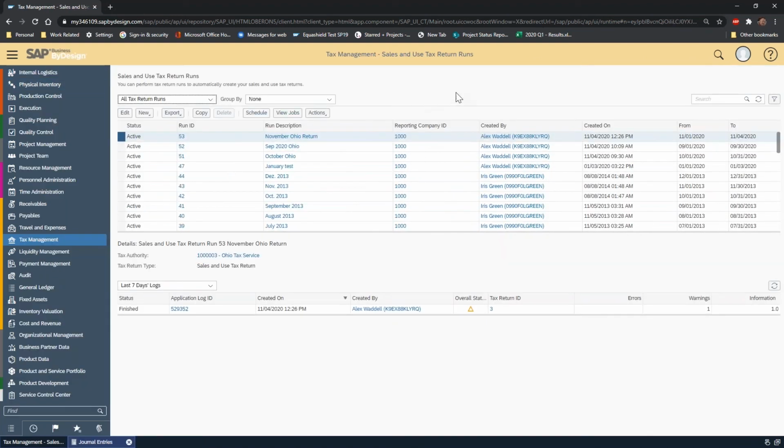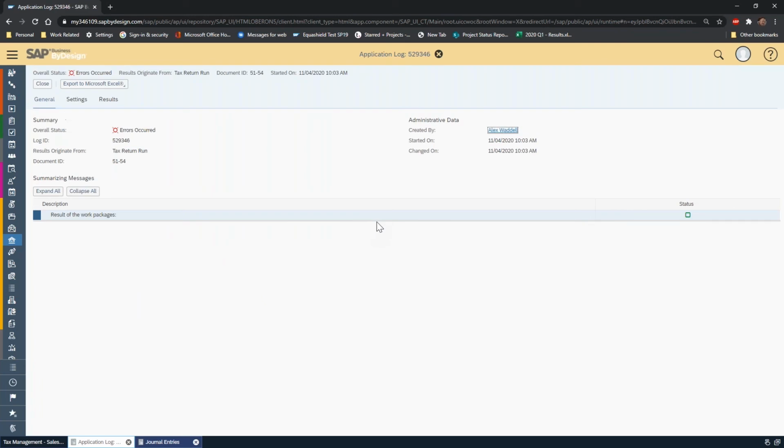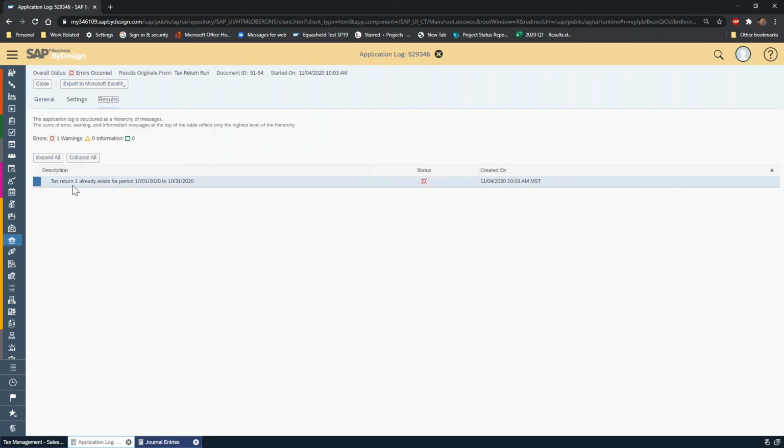Something else I should point out, because I just experimented with this today, I tried to go in and see if I could run a tax return for the same month twice, like essentially close October and then go back and put in another entry and run it again. And it actually rejected that. So I got an error here. So I think that's important to know because it's telling me that a tax return here already exists. So I haven't dug into this any further. My advice is try and avoid this by just making sure this is the last thing you do